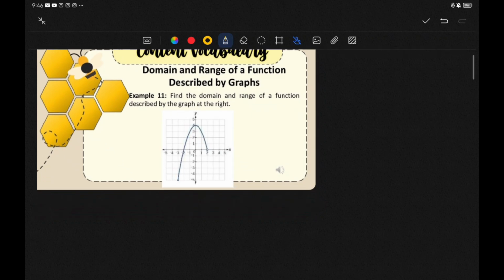As you can see, the graph breaks at negative 3 and almost at positive 2. Why almost? As you can see, there is a hole, meaning we are going to exclude positive 2 but include negative 3 because it is shaded. So, we are going to take note of the solid points. The solid points for domain are